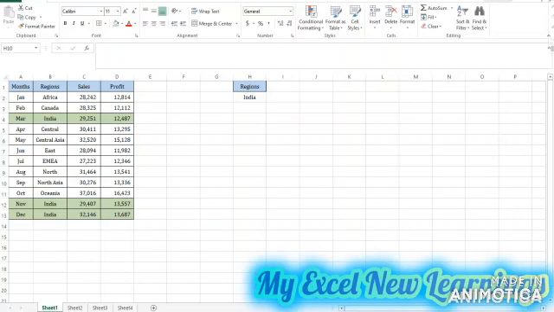Today in this video we will see advanced filter options. Here I have some data, and here this is my criteria. So I want to filter the data for region India, and I have to copy paste. When we use a basic filter, we have to filter it on the place, then copy and paste the data to the other location. But by using the advanced filter, it will sort out as per your criteria, and it will paste to the location where we want. So we will see how the advanced filter will work.